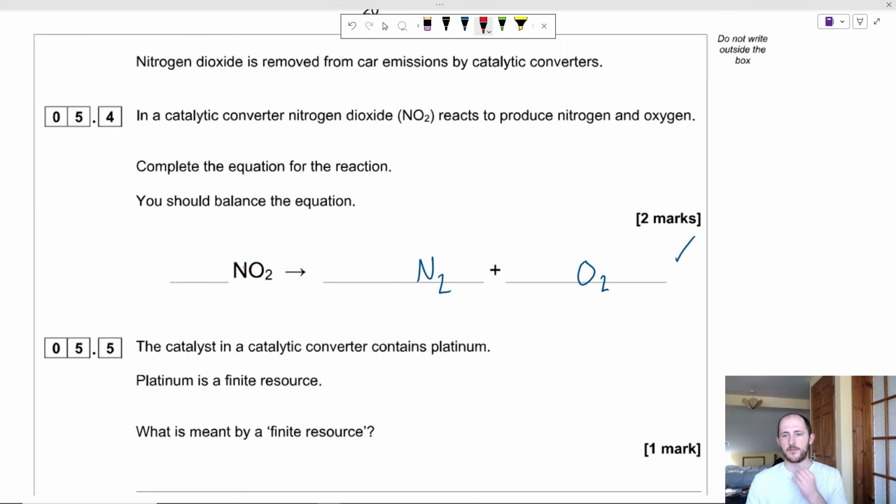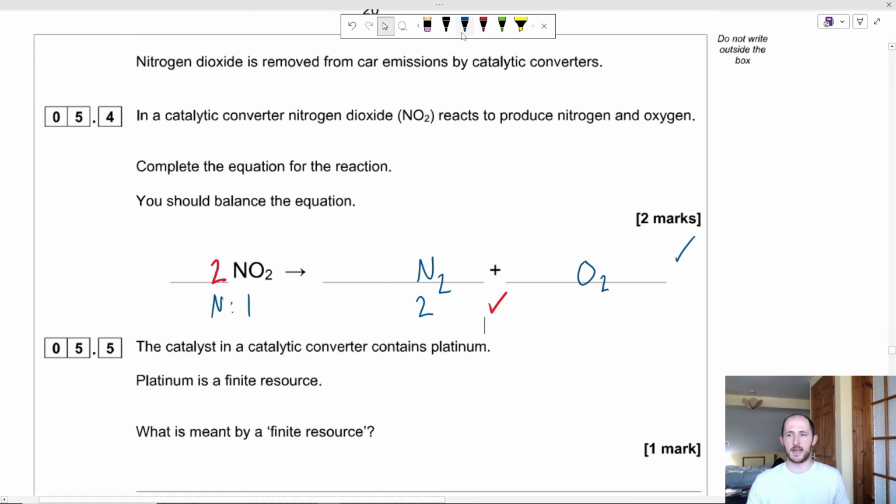So if I have a look here, all I do is go through step by step and ask which one's correct. How many nitrogens do I have on this side? I have 1. And how many do I have on this side? I have 2. So I need to fix that. How can I fix that? How do I make 1 into 2? I put a 2 in front. Okay? Now my nitrogens are nice and balanced because I have 2 nitrogens on the left and I have 2